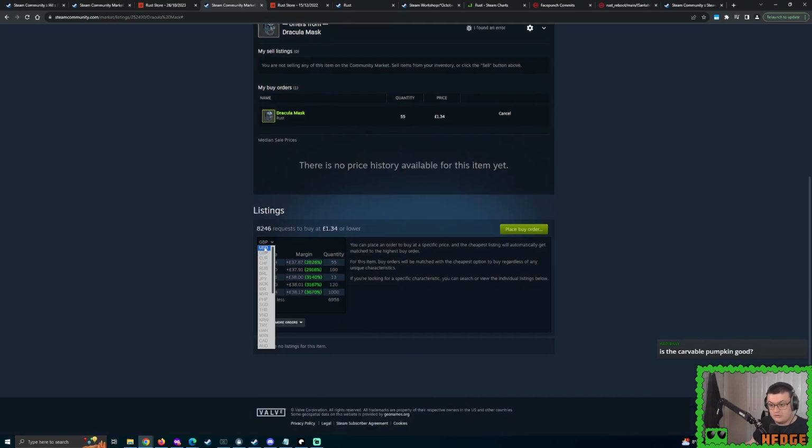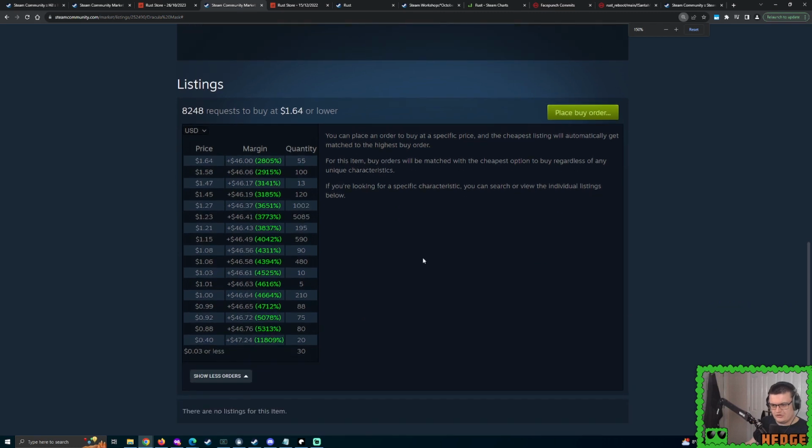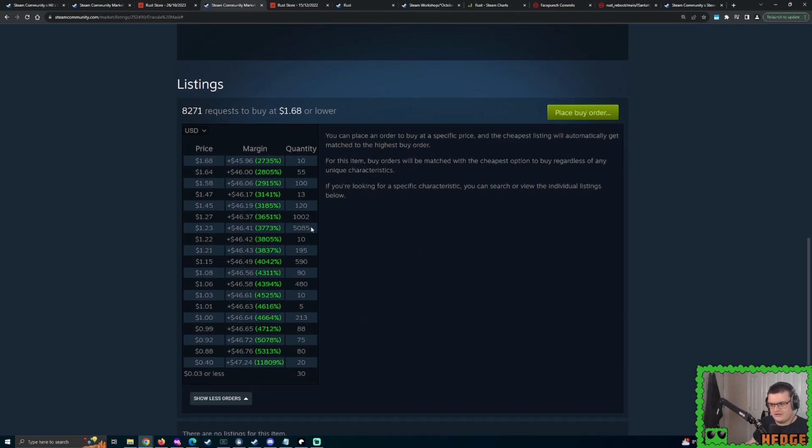But we're not actually going to be able to see listings. That's awkward. We can still see the buy orders. Don't worry, we can still see the buy orders. But yeah, there you go. Look at all those that have just appeared. Oh yeah, that's perfectly legitimate. That's definitely a real...